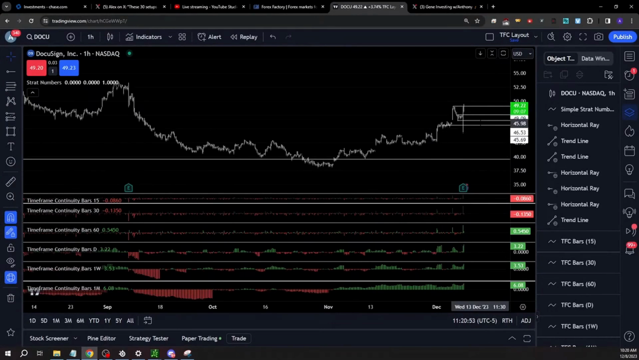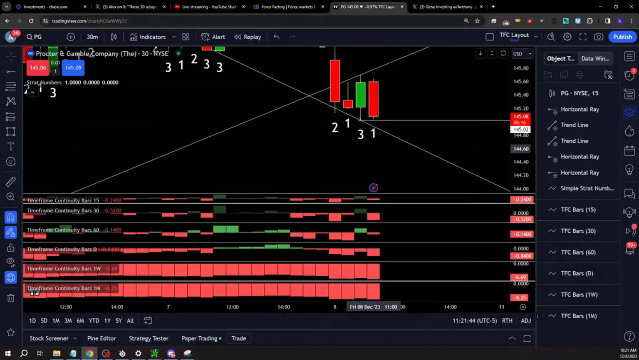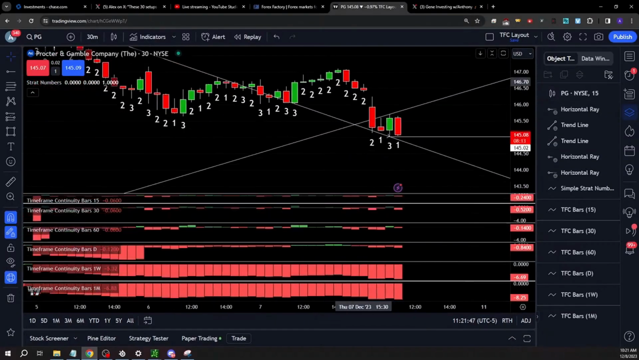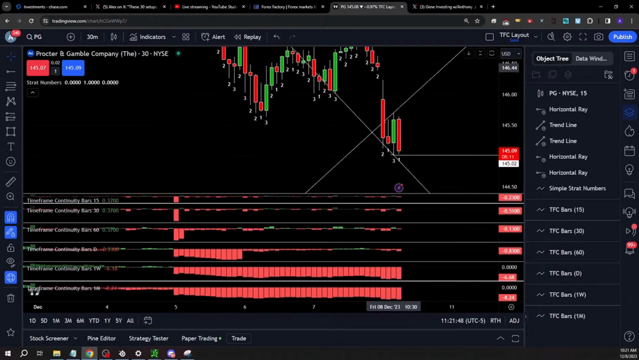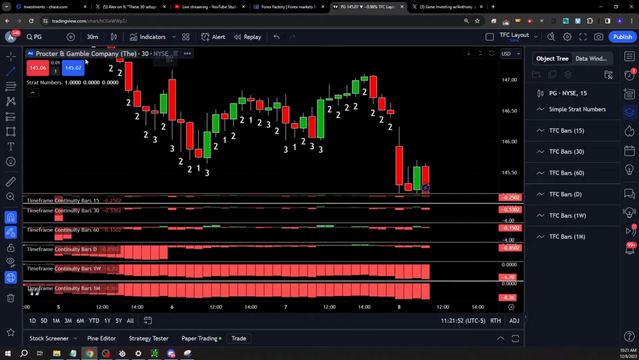Now that we have some time, we've got about 10 minutes, we'll talk about back through previous range. Back through previous range, what does that mean? Since we know price takes out the highs and then fails and takes out the lows, when you take a signal, you're going to want to make new highs and then take a signal back through previous range to